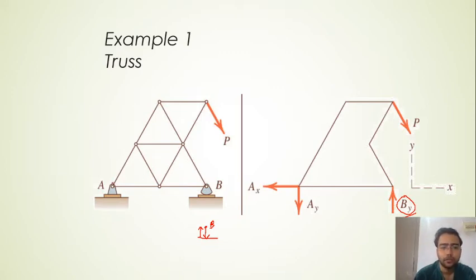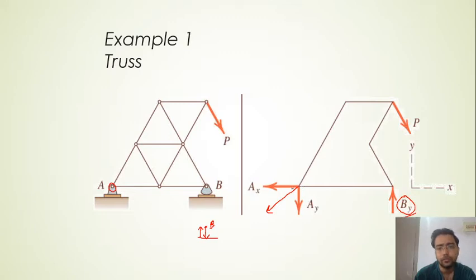Now come to point A. This point A is nothing but a pin joint, and a pin joint has the property that it will have only two forces in two directions, Ax and Ay, right? Whatever force acts, you can have two components of this force, one in the x direction and the other in the y direction, right? Keep in mind that a pin joint can never transfer moment. That's why we don't have any moment here. It can transfer only the forces Ax and Ay.